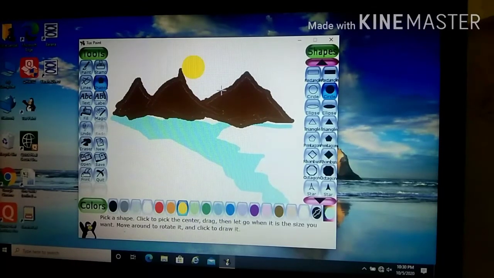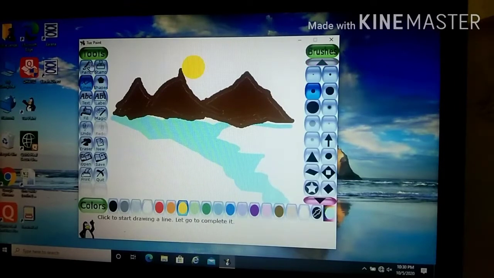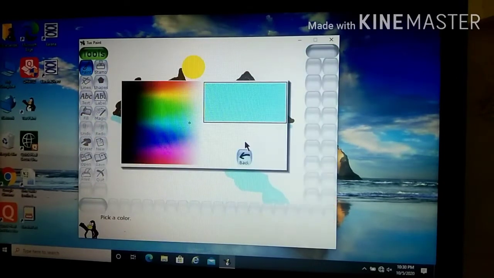Okay, now the next option is the haze brush. What can you do with that? See here in the line tool or in the pen tool, this brush is called the haze brush. Click on that, and I will use a light or another color, you can select it here.